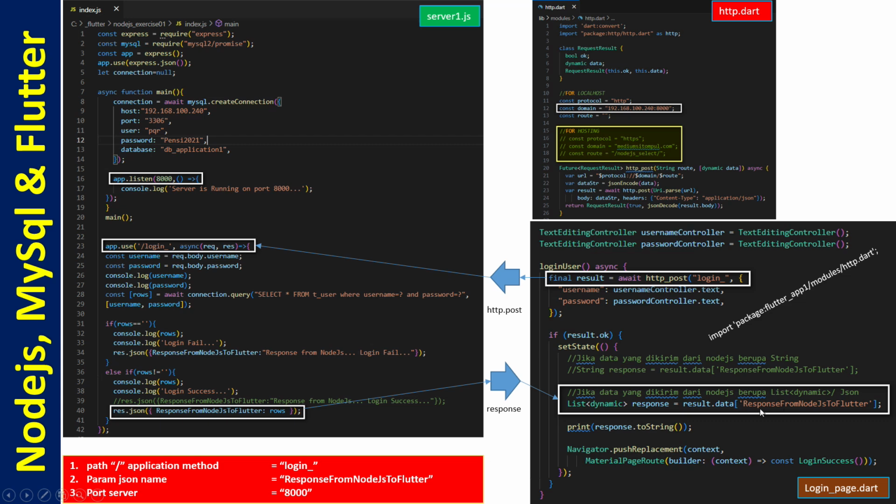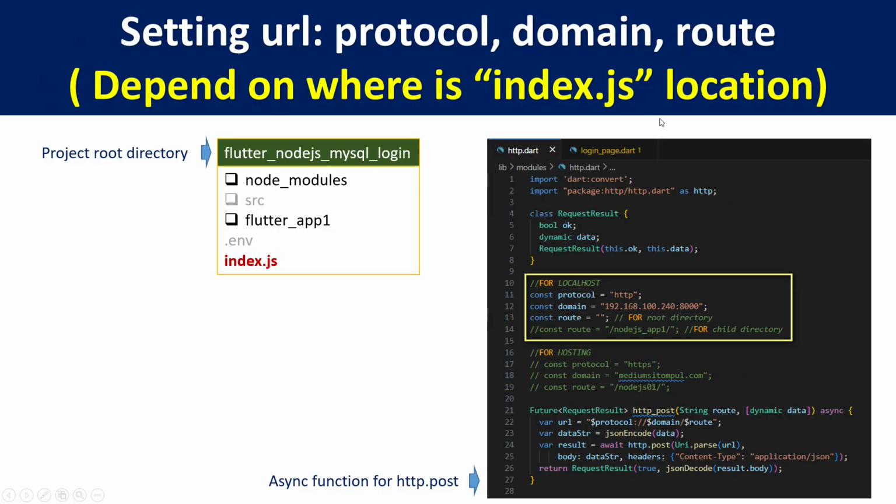Must be used the same parameter name. And also port server. In Node.js, we use port 8000, and then in Flutter, we must use the same port 8000. Okay.